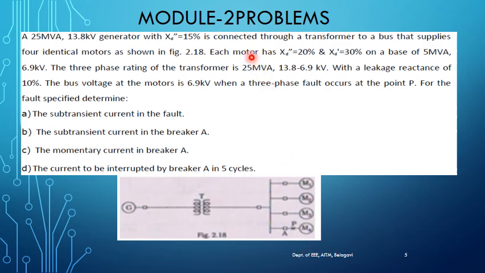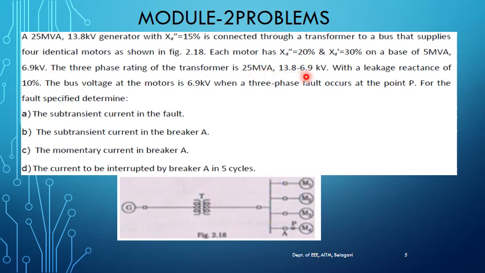Now the rating of each motor is given. Each motor is having the sub-transient reactance of 20%, transient reactance, that is Xd dash, 30%, on a base of each motor rating 5 MVA, 6.9 kilovolt, and a three-phase transformer rating is given. So the rating of this transformer is how much? 25 MVA,